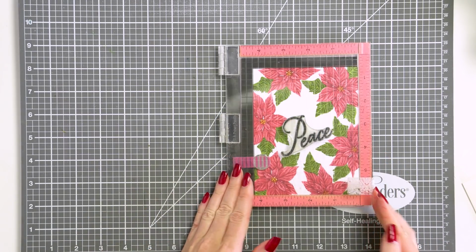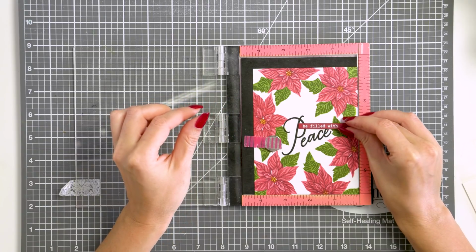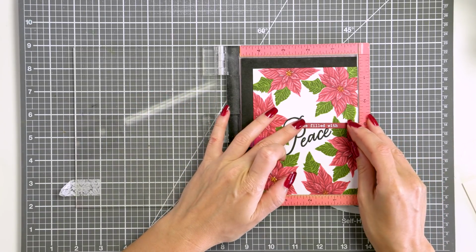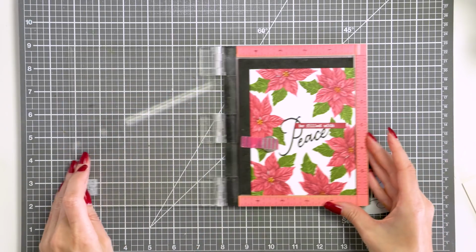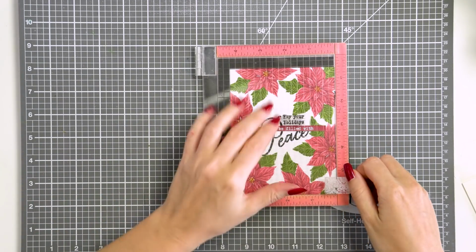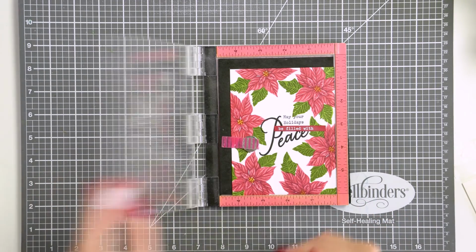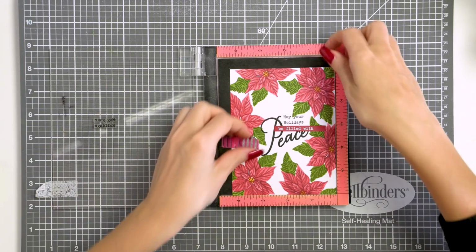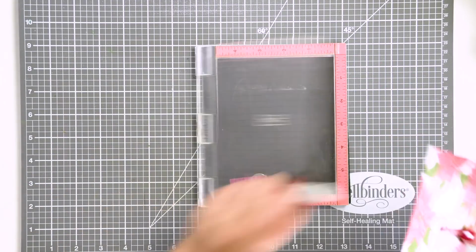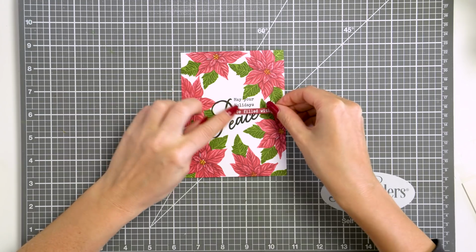I've already white heat embossed Be Filled With part of the sentiment on red cardstock. I've cut it into a strip, and now I'm using it to determine where I need to stamp the rest of my sentiment that reads, May Your Holidays. This actually was a one-line sentiment or message that reads, May Your Holidays Be Filled With, but that didn't really work for this card design, so I cut it into pieces using scissors, and that made much more sense for